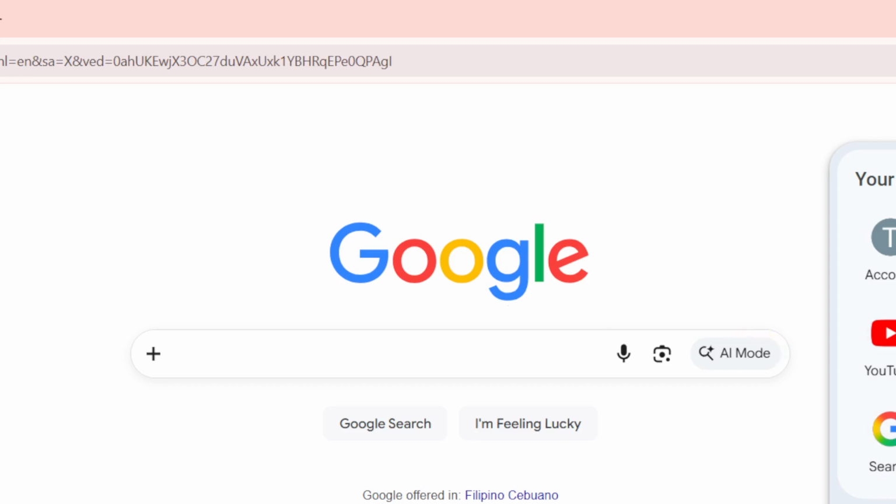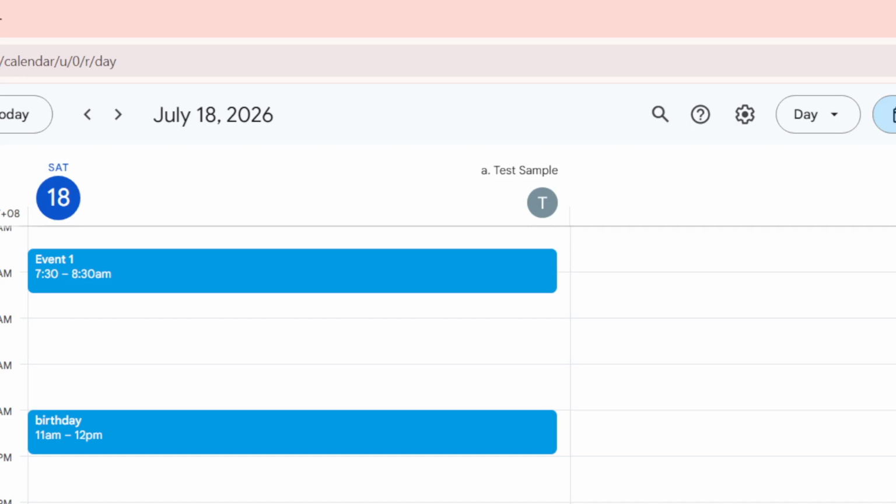Having direct access to the calendar is essential because it allows you to manage your events without delay. You should see your calendar view appear on the screen. Next, take a close look at the address bar, which is located at the top of your browser. You'll see the web address, and it should read something like